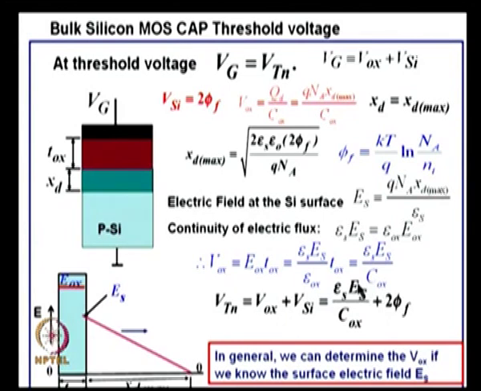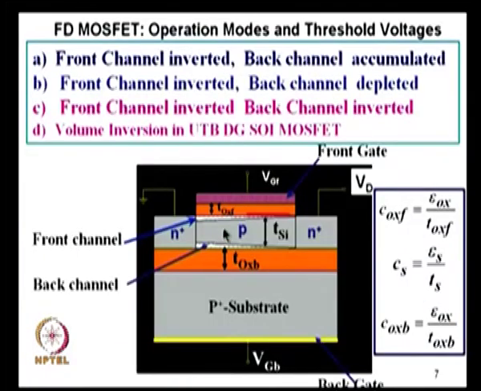So, if you go to the SOI MOSFET, all that I have to do to find out the threshold voltage of this type of structure is this: at the threshold voltage of the front gate, I know that the surface potential here is twice phi_f. That is the condition for inversion. Phi is twice phi_f. And if I can find out the field on the surface